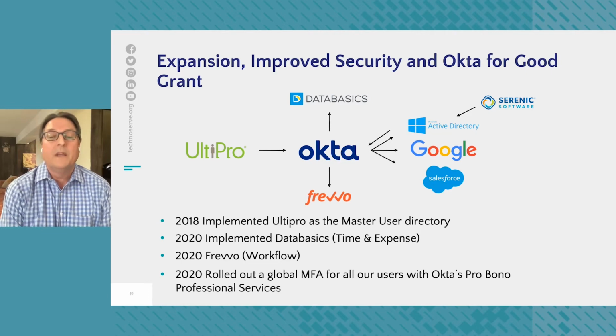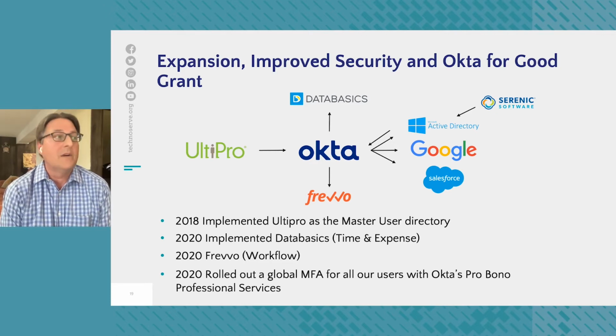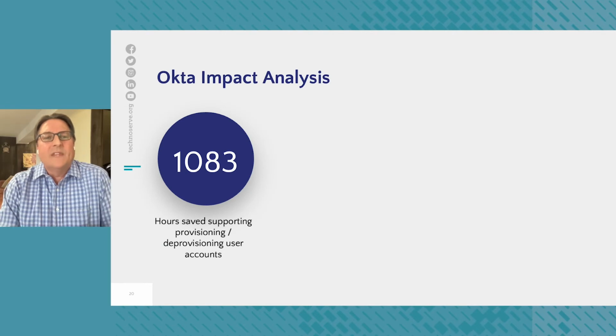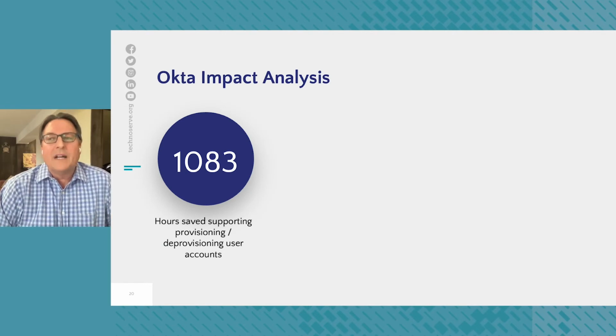So we also used the pro bono services to integrate Frevo. Frevo was not part of the Okta applications, but they helped us customize and allow us to provide security and integrate into Frevo. So at the end of last year in December, I met with the Okta for Good people,